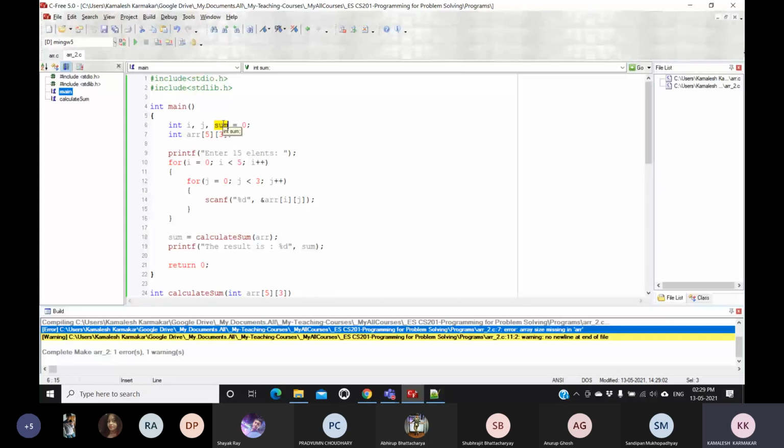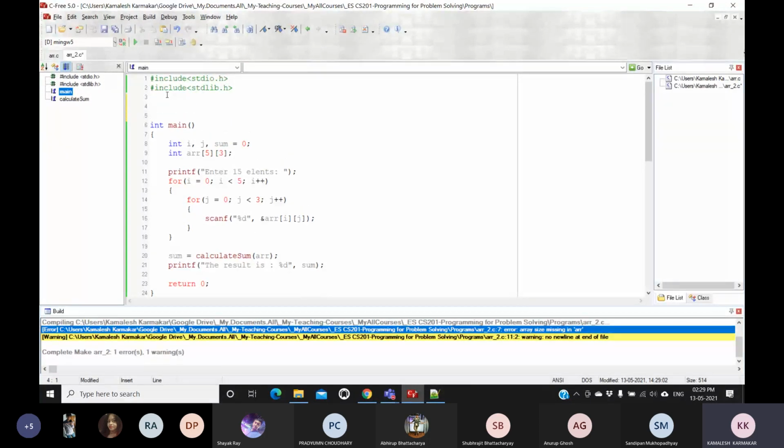Just as you are asking, if I declare a variable like average here, then it's a global variable. You can access this variable from any location of this file. You can access it from anywhere.